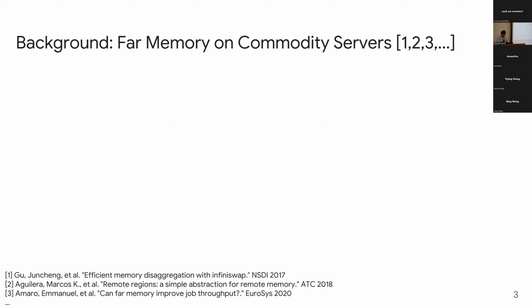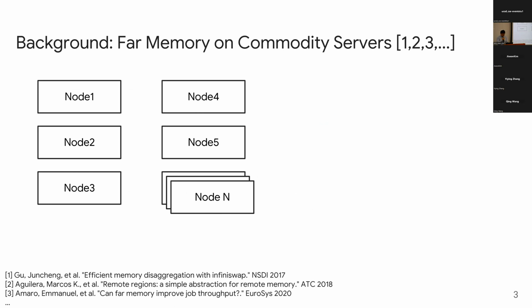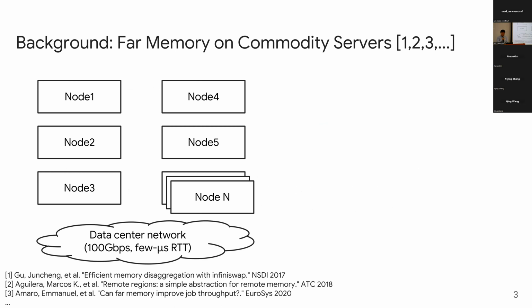So there are a bunch of work on far memory over commodity servers that try to address this problem. From a high level, far memory could be viewed as one specific type of memory disaggregation. Here we have a cluster of commodity servers or nodes connected by data center network with 100G bandwidth and few microsecond latencies. Different nodes may host different applications. For example, node 1 runs graph processing, node 2 runs an in-memory database, and node 4 and 5 run some